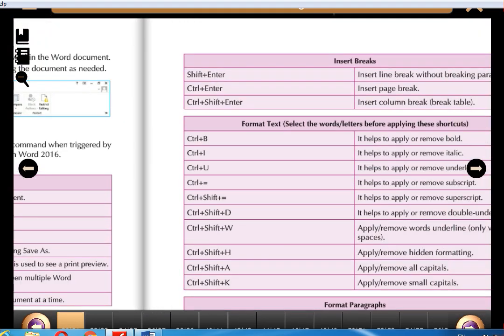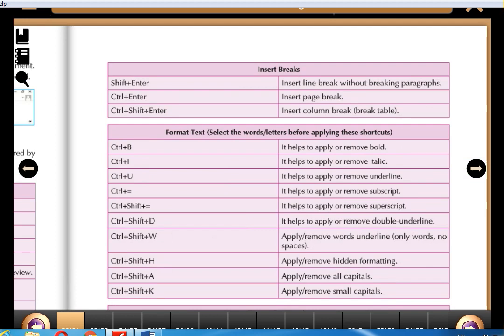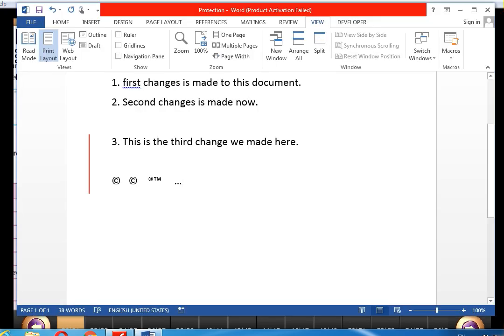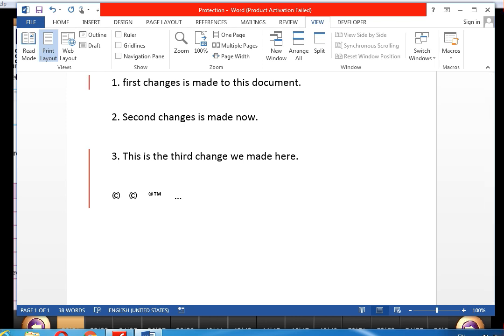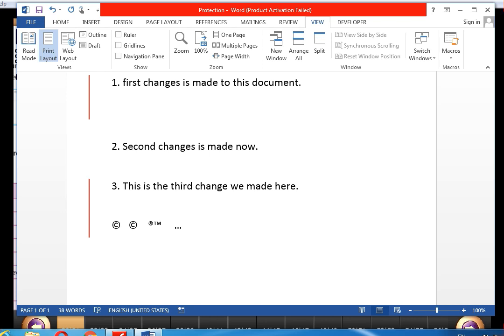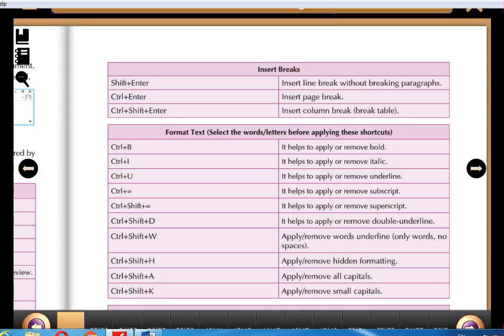Again, the insert breaks. Shift Enter inserts a line break without breaking a paragraph. If we use Shift Enter here, in between first and second, we can make a line break.